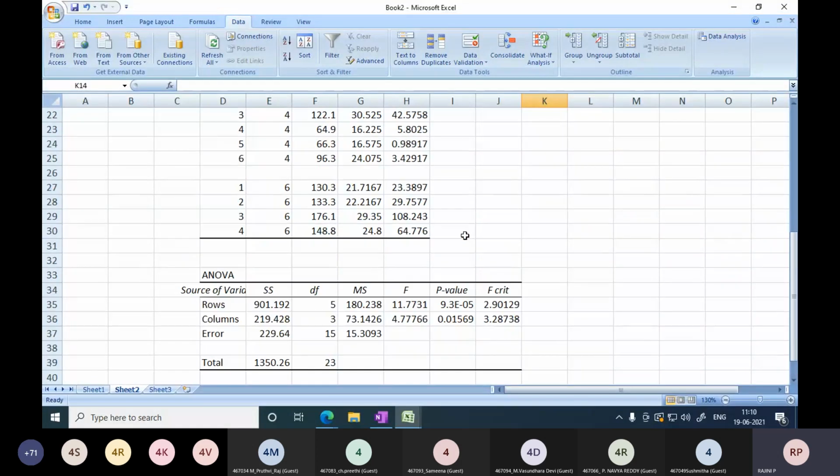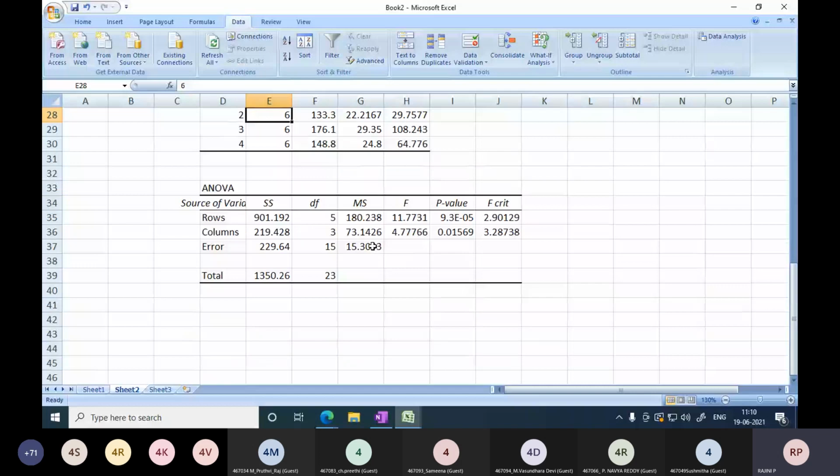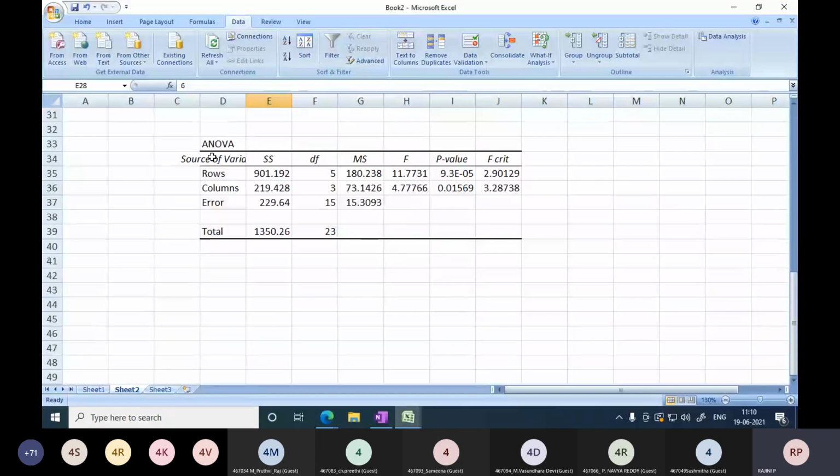And after that, you just check it here. It is showing that in each row, for the first treatment, you have 4 observations. Second treatment, you have 4 observations, like that. And in each block, the first block, you have 6 observations. Second block, 6 observations, like that they have given to you. This is a basic summary of the data, given in the first table. But we don't want that one, leave it. And you just check the ANOVA table.